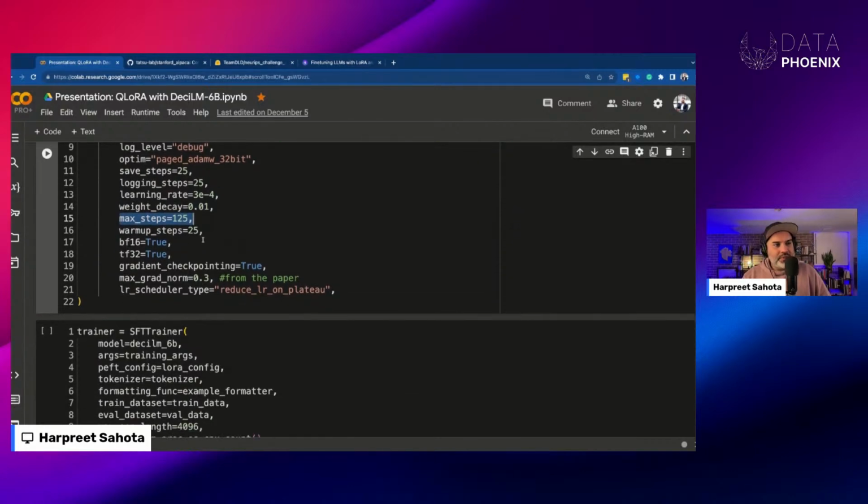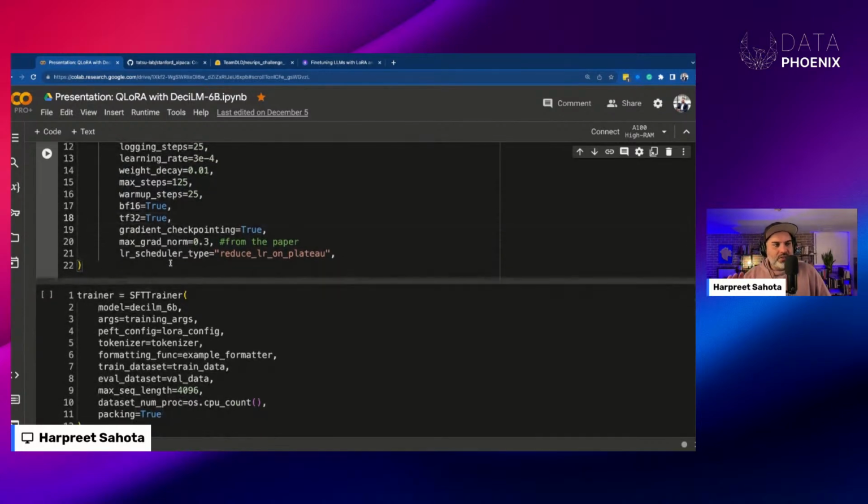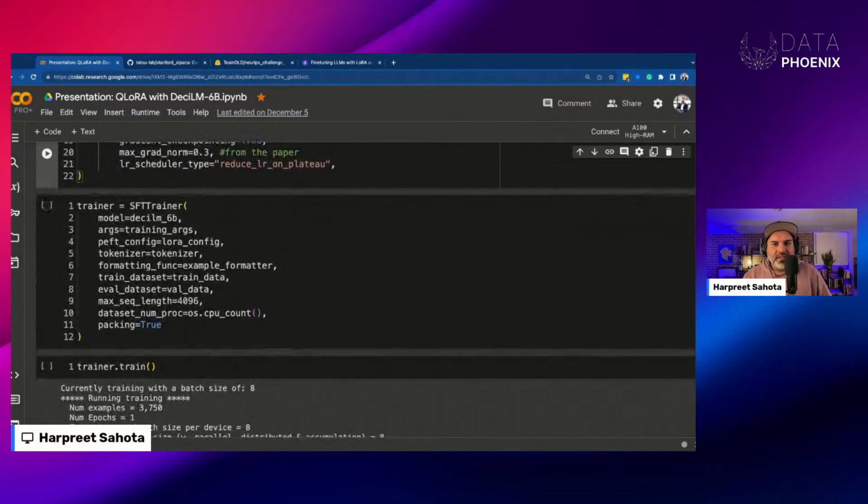And yeah, the rest of it is pretty straightforward stuff. Warm-up steps is just the number of steps to linearly increase the learning rate. Brain float, and pretty much that's it. That's all the parameters that you need to worry about.